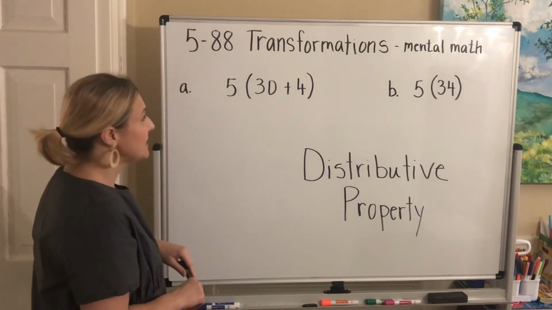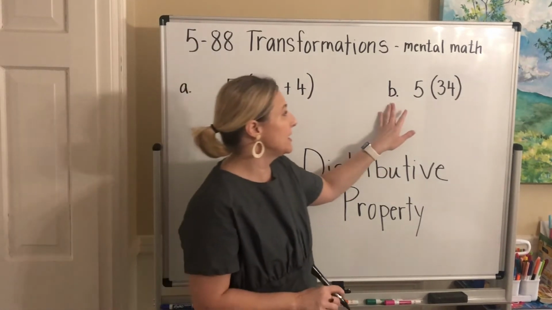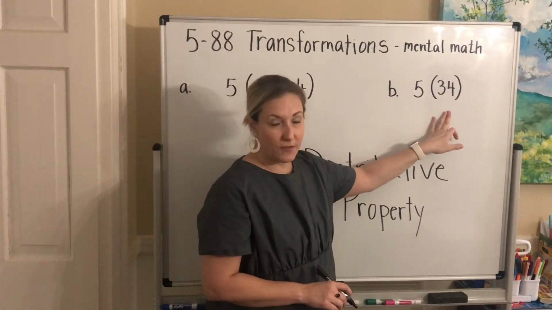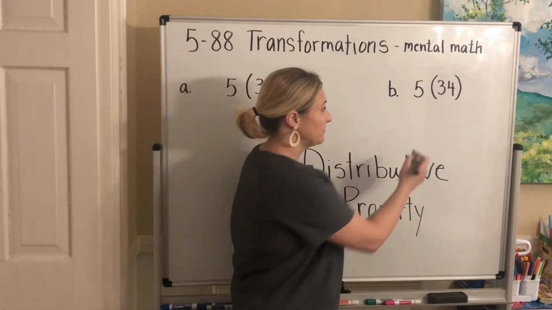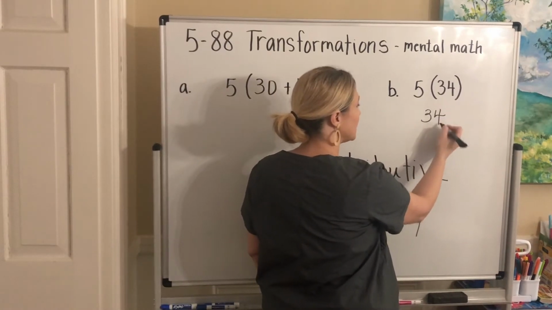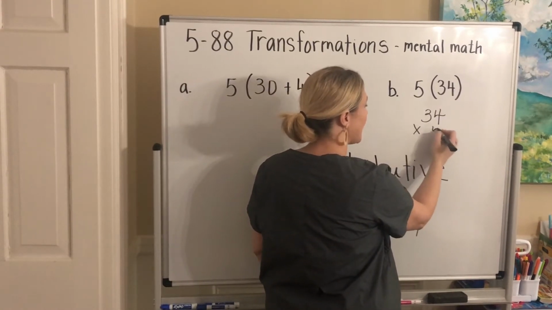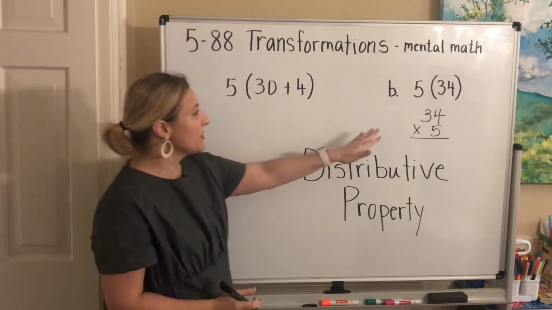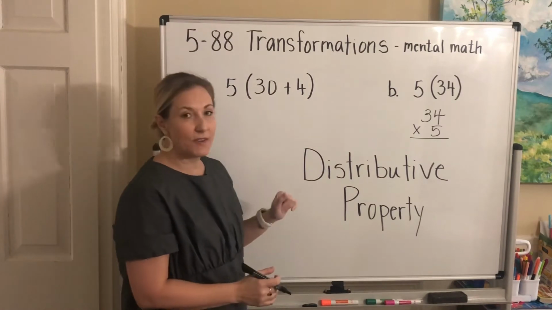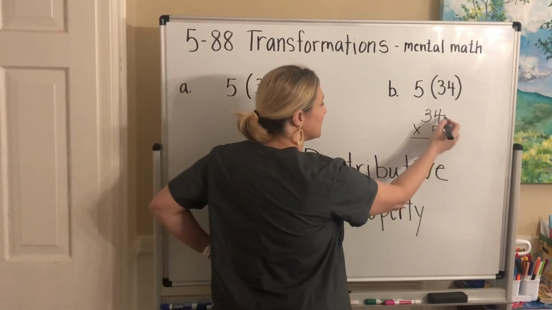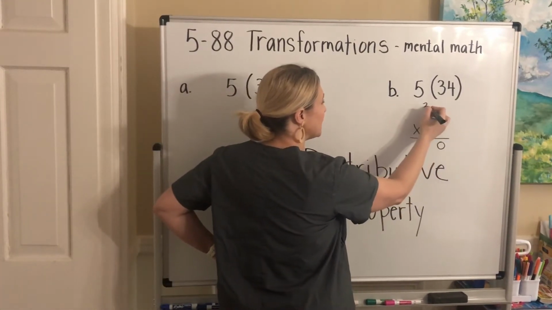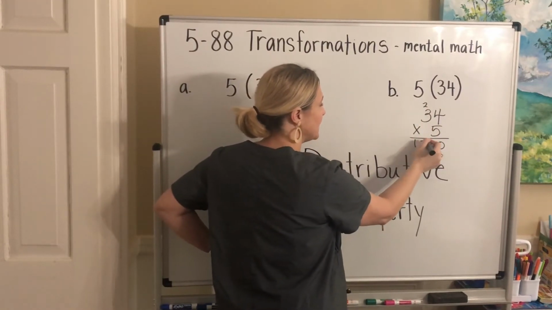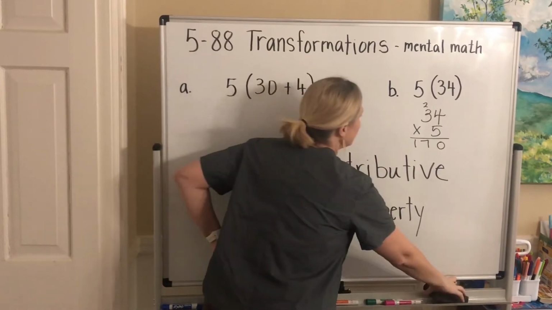All right, so let's say we have a regular problem on, like, look at letter B. It just says 5 times 34, right? A regular multiplication problem. So when we have a problem like this, instead of having to sit there and go, 5 times 4 is 20, carry my 2, 5 times 3 is 15, plus 2 is 17,